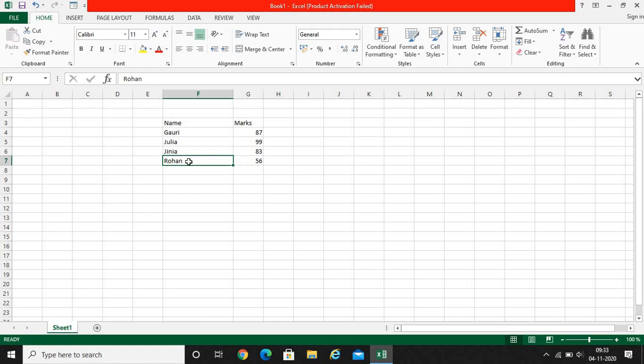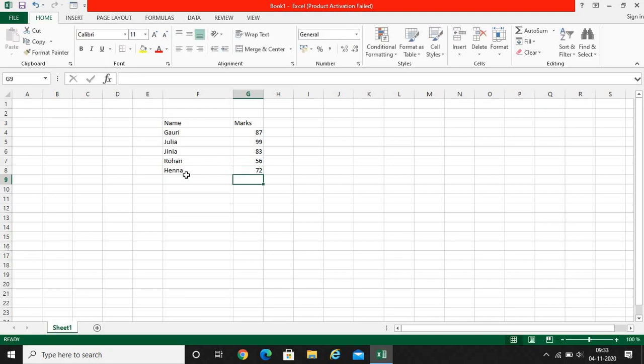And now we will learn how to delete the cell content. It's very easy. You can click on any cell. Suppose I am writing over here another name like Hena, and Hena has got 72 marks.